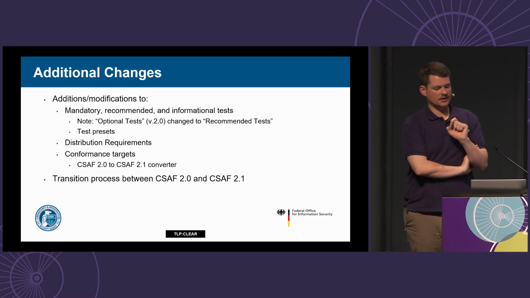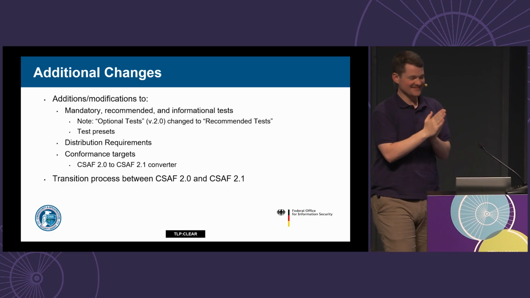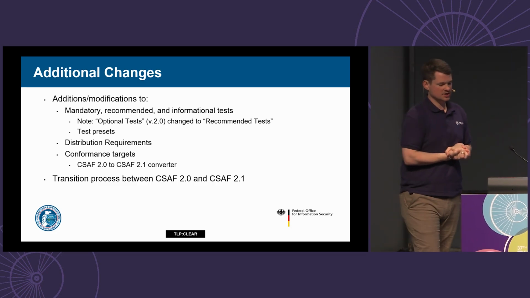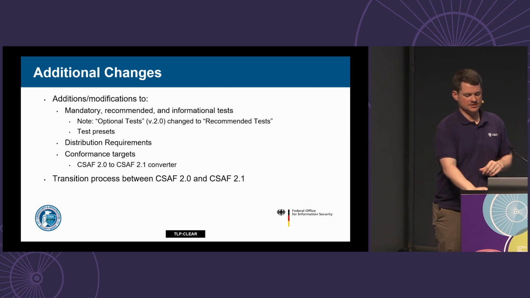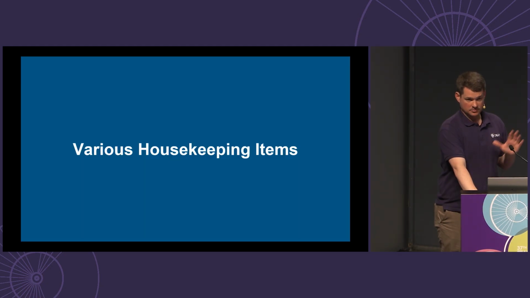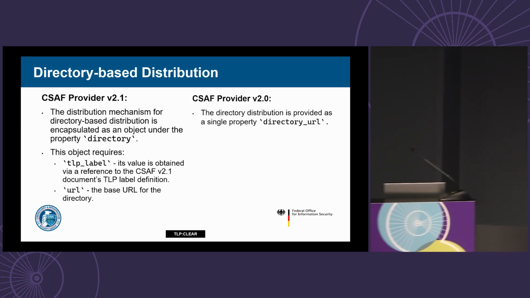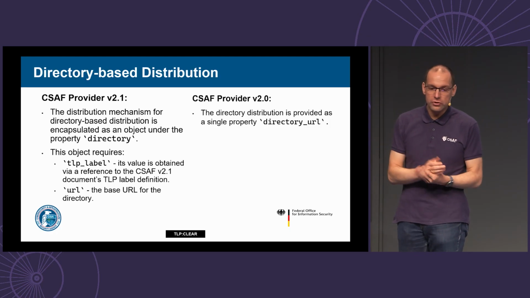Thomas is going to talk a little bit here shortly, because we were worried we wouldn't have enough time, but we're actually doing quite well on time. Some of the new requirements, updates to the standard with regards to distribution, and of course, conformance targets with regards to the transition from version 2.0 to version 2.1. So, a few extra housekeeping items we hoped to be able to get to, and luckily we have. Thomas? Yeah, so we found that the directory distribution, when we first wrote it, was really a first approach.